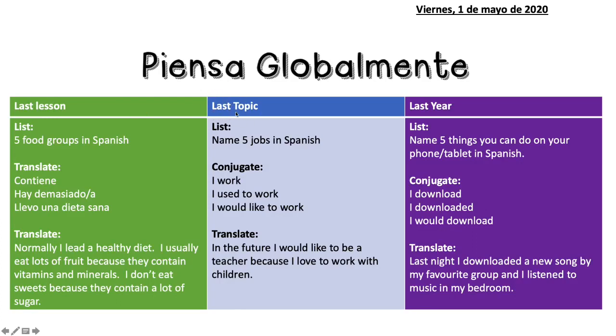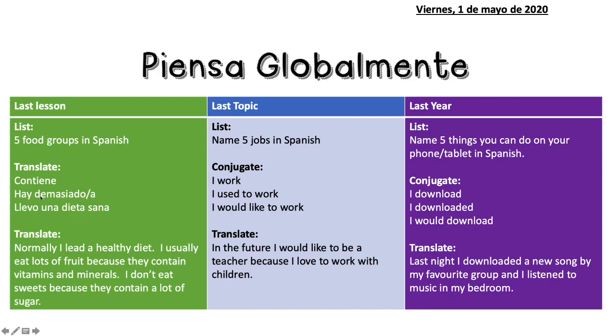So you have 3 activities here. So a bit more than 3 activities to start with, but we need to recall things that we have done in the past. Yeah? Ok, para empezar, escribimos 5 grupos de alimentos en español. So write 5 food groups in Spanish. Remember, for example, lácteos, dairy, or grasa, fat. So write those one. You will have to look into the notes from the last lesson.